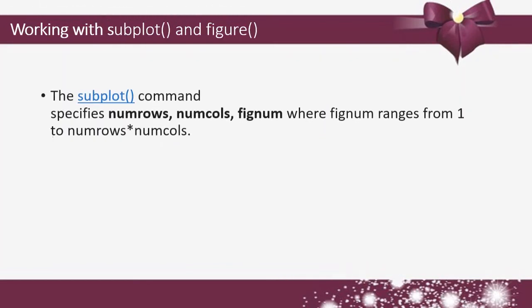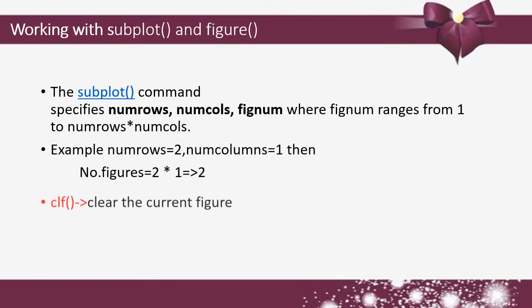And next we are going to see subplots in a figure. In one figure we can draw many subplots, and it takes three arguments: the number of rows, the number of columns, and the figure number. For example, if a figure has two rows and one column, the number of figures we can draw in this one figure is the product of rows and columns, so 2. If your figure contains two rows and one column, the number of subplots is only 2. And the clf function is